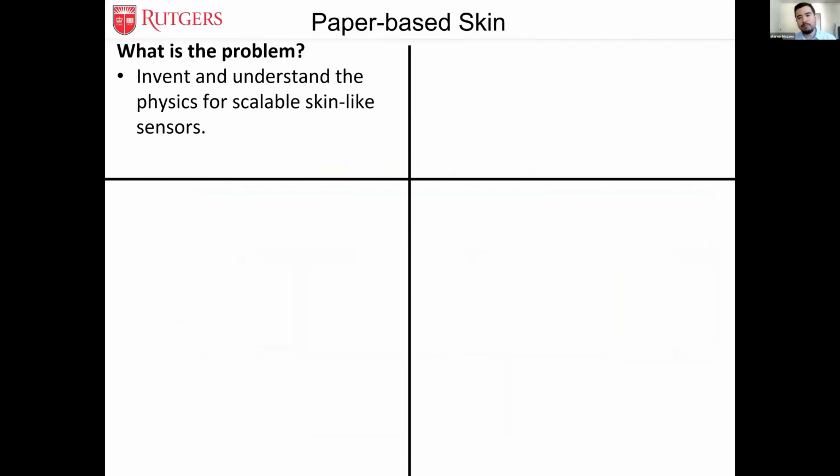So that's kind of an overarching vision for what we've been excited about doing. Let me talk about a few different things, and one is going to be our efforts in what we'll call paper-based skin. Now, we're not trying to replace human skin, but we are trying to make skin-like devices that have the properties that skin has. Okay, and mostly in sensing, but another